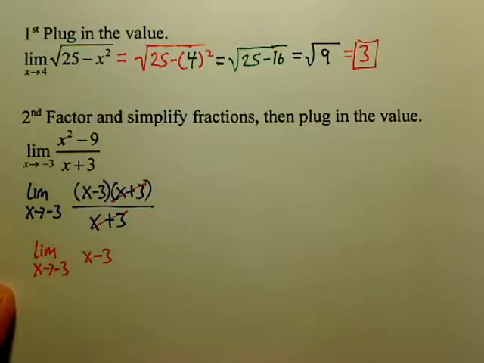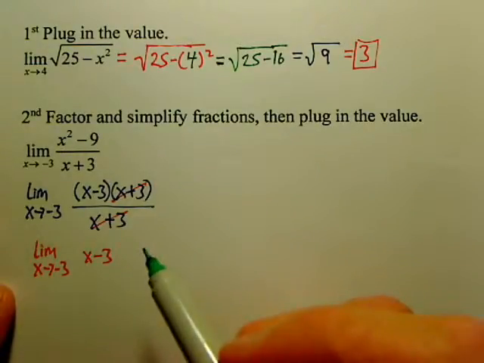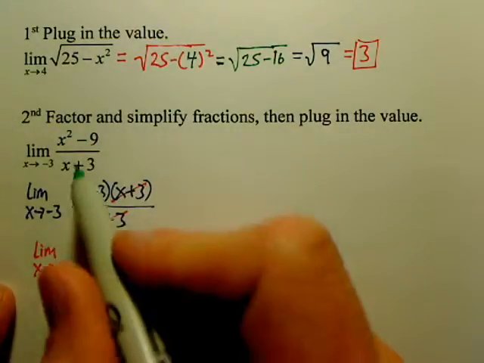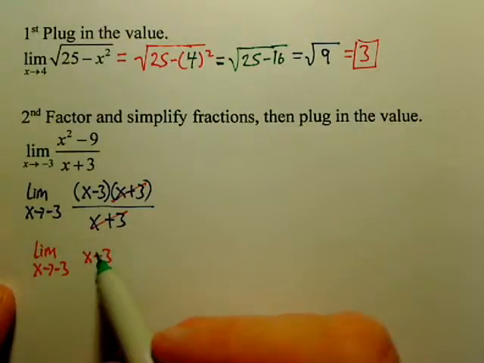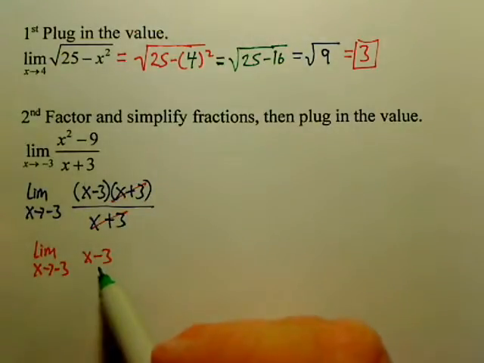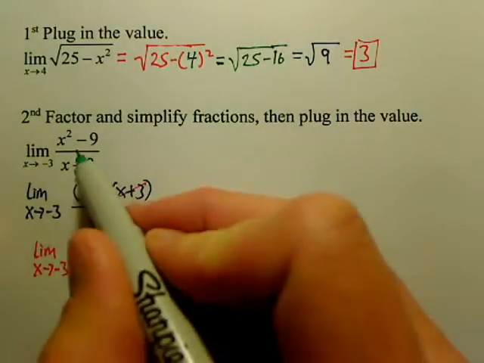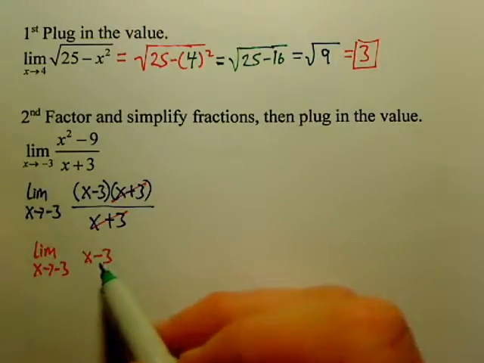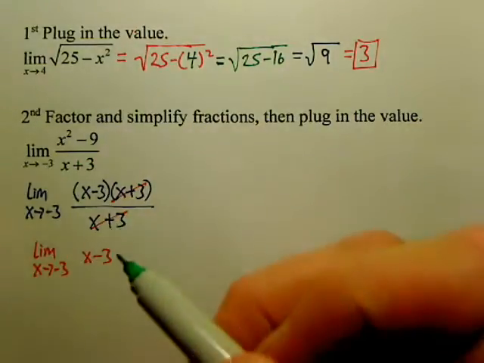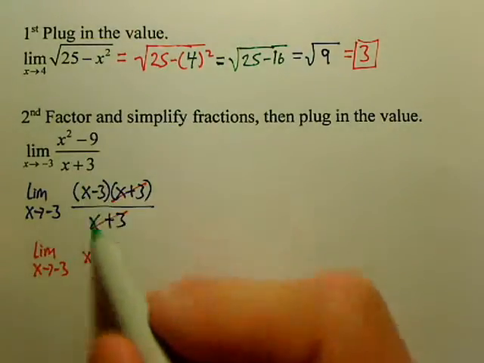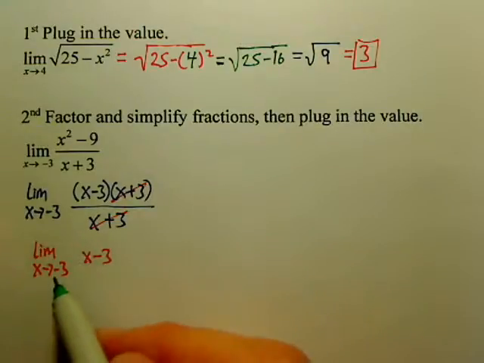Now you might think, okay, I just simplified that. Do you understand that this function and this function are exactly the same function? Something you'll learn later is this function just basically has a hole at -3. You'll catch on to that in the future in some other problems, but just showing you right now that this function and this function are the same exact graphs. Just this one does not have a hole. This does have a hole at -3. Interesting. So this new function I made, since they're the same function, just a simplified version of it, I can now simply